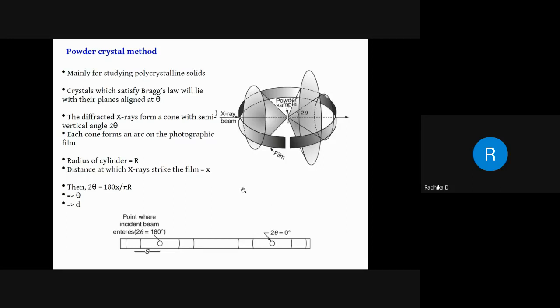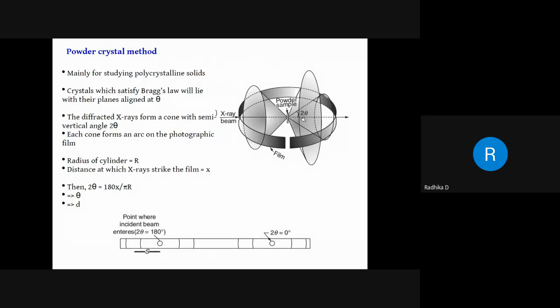Now, what are we going to understand? If I have this photographic film, by some method I can get this angle. Instead of theta, it will be 2 theta. 2 theta is the angle which I'm going to find out by some means. There is a way of measuring all those things. I will get the angle 2 theta. Now, if I know this angle, this is like a cone, right? So there is an angle 2 theta.